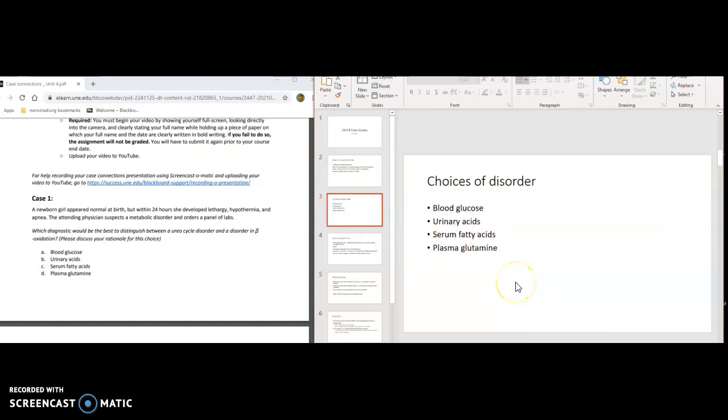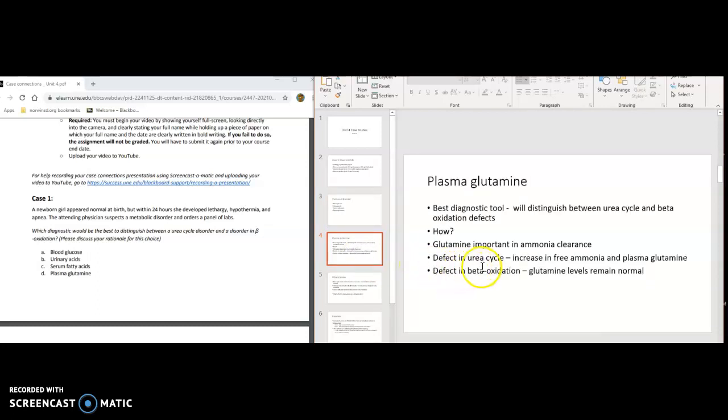So we have 4 choices of tests here. This tests whether the patient is experiencing a urea cycle disorder or a beta oxidation disorder. The 4 choices are blood glucose, urinary acids, serum fatty acids, and plasma glutamine. So I'm just going to come right out and say the best diagnostic tool is probably a plasma glutamine test. Plasma glutamine is the only test that would indicate a urea cycle disorder or a beta oxidation disorder